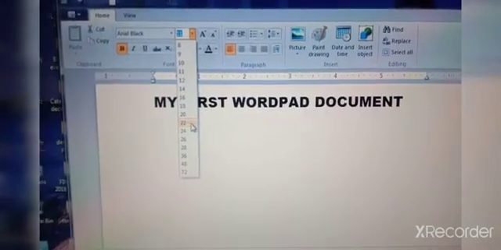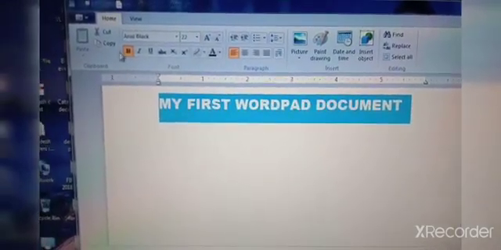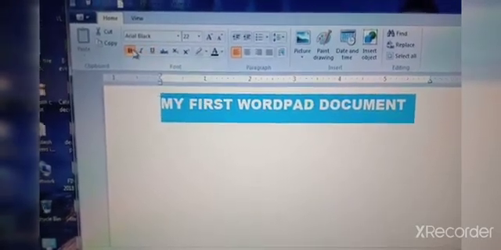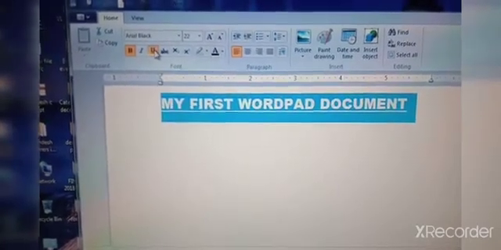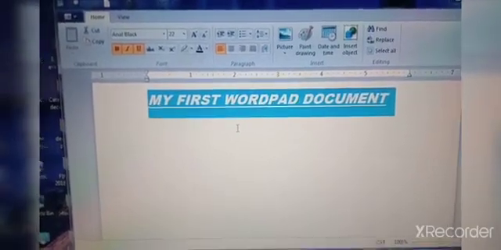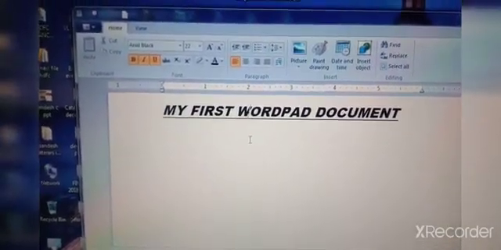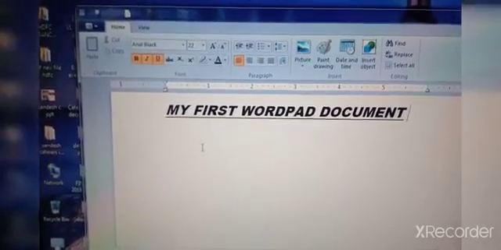See, I will keep 22. Now, you can make it bold, italic and underline by clicking on these. You can change the font style. Understood children how to change the font style?